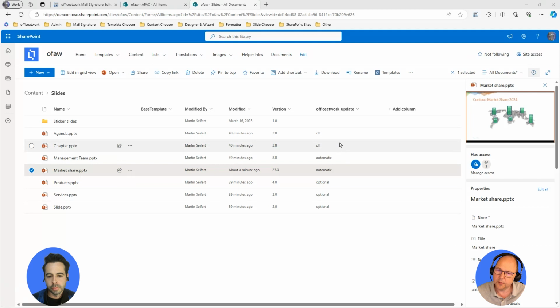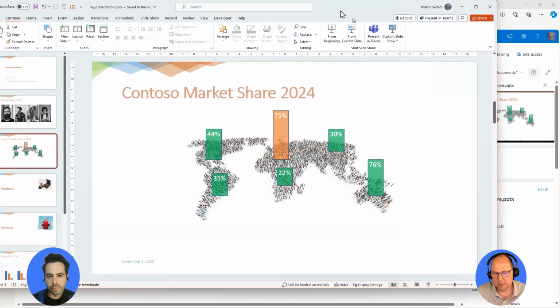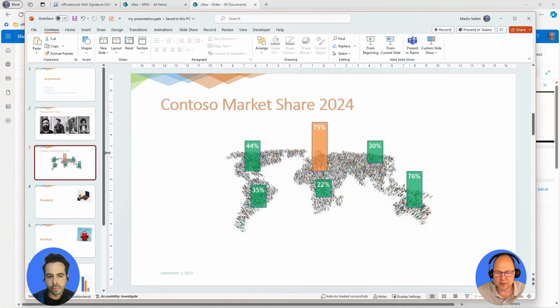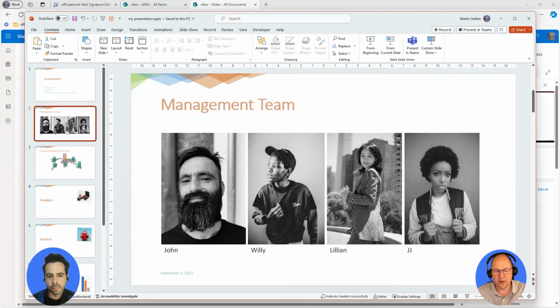But now we've just got these 2 additional ones which you actively have to activate, which just give you the freedom of saying, hey, nobody's going to run around with old market share numbers, and nobody's going to run around with an old management team representation, because we have decided if they use that slide, it gets updated. Mm-hmm. And within the verifier, it will then show you, so if it's automatic, the verifier will run